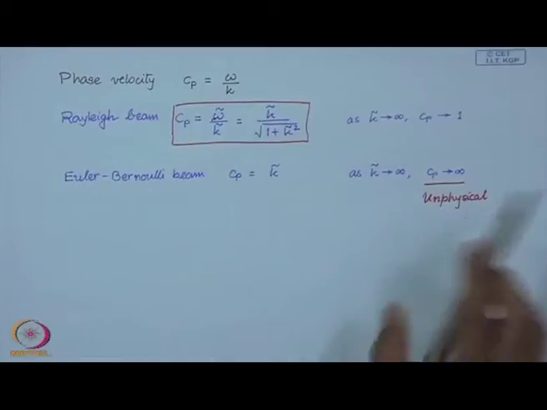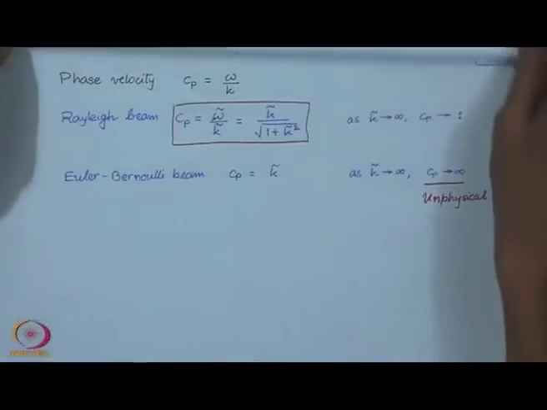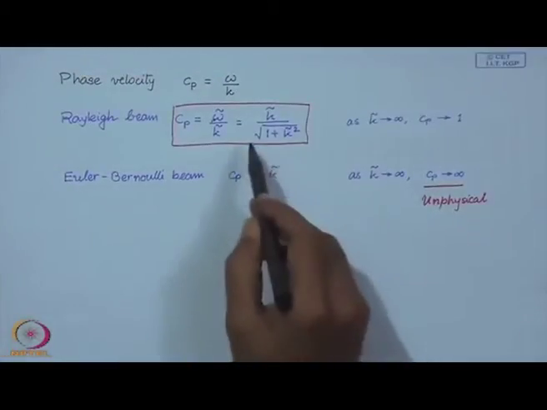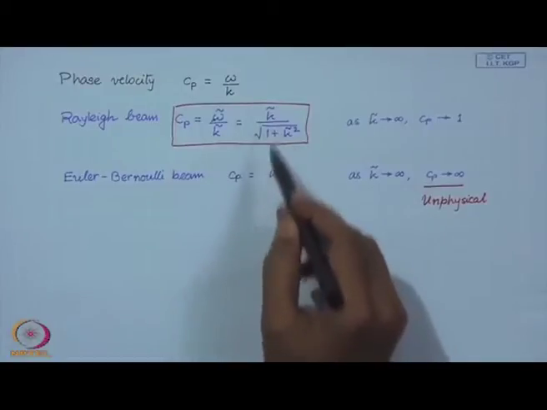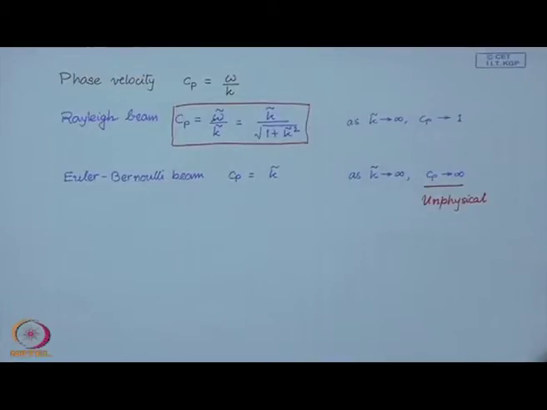The other thing that you must note here, you see, in both cases the wave speed, the phase speed, is a function of the wave number. So, what this means is that if you have a collection of harmonic waves constructing a wave pulse or a waveform, and when this waveform propagates, since different wavelengths are propagating at different speeds, so obviously